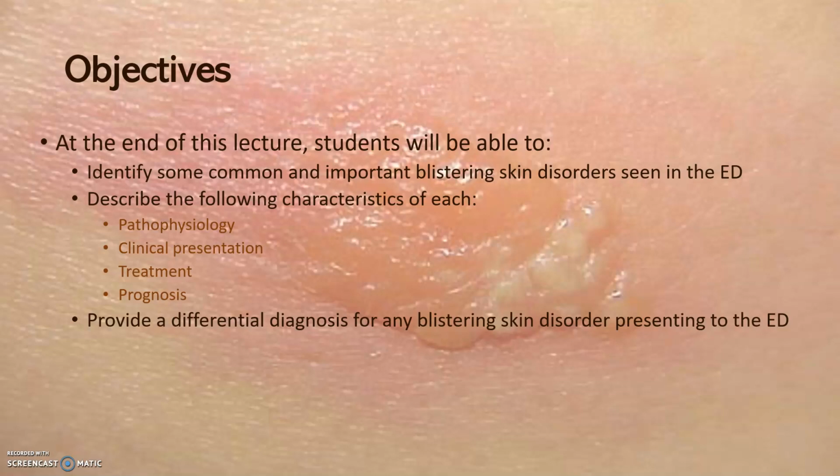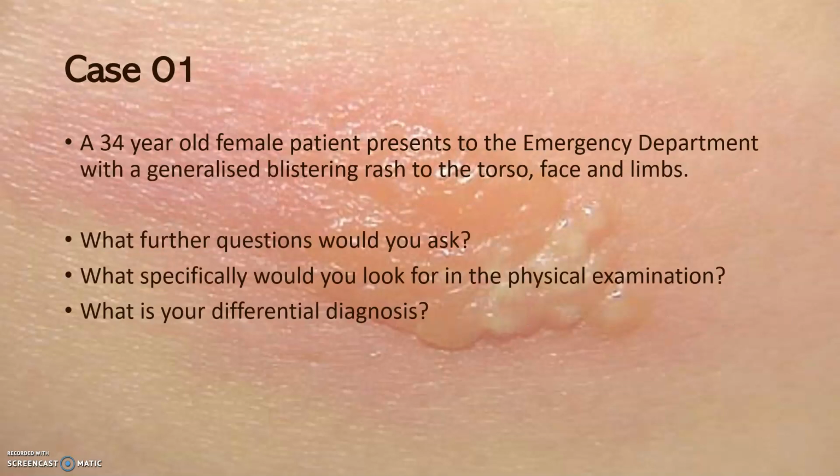By the end of the lecture you'll be able to identify some of the more common and important blistering skin disorders and describe them in terms of pathophysiology, clinical presentation, treatment and prognosis. And critically, when shown a picture or a patient with a blistering skin disorder, you will be able to provide a rational differential diagnosis. So here's the first case, a 34-year-old female who presents with generalized blistering of the torso,